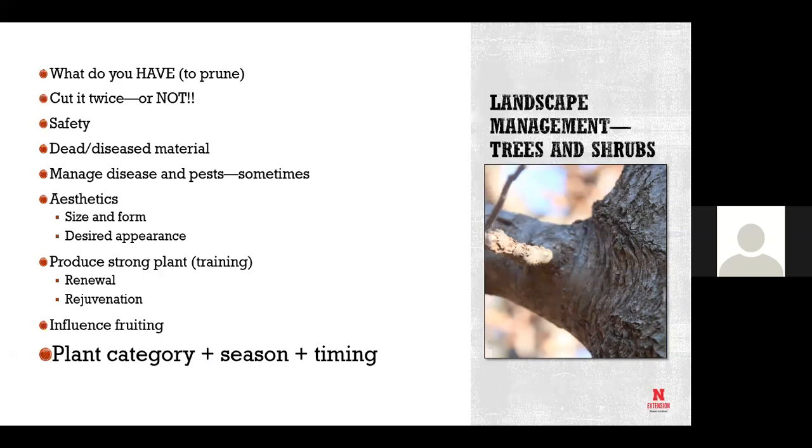And there are people who really want to have their plants managed as though they're architectural elements. That's your choice. But my suggestion always from a management standpoint is understand what you are going to need to do before you walk down that path. Because once you start, you're going to have to keep it up, or you're going to have to take a number of years to let it grow out of whatever you have shaped it into. So it's like a bad haircut. Remember when you got a little all chopped off? It took a while for it to grow back. Takes a long darn time for the stuff to grow back in.